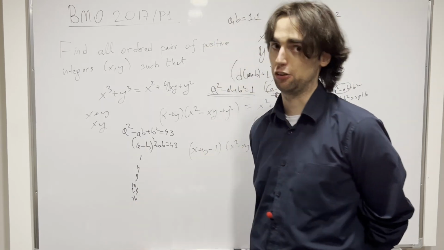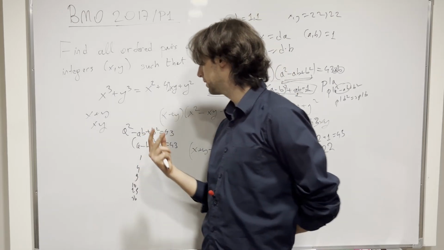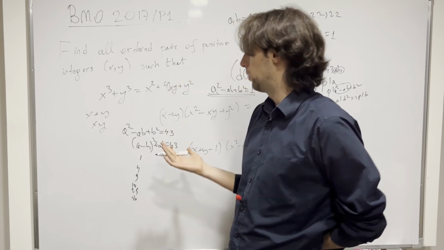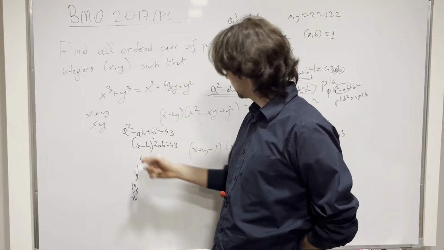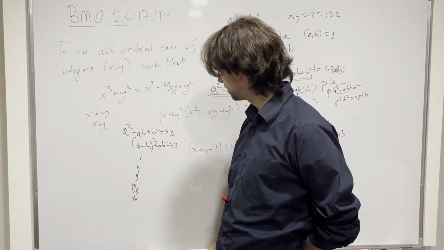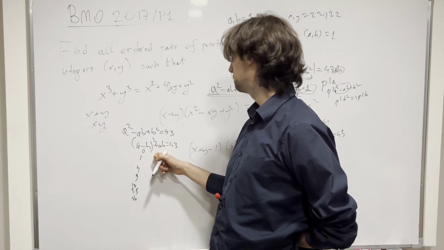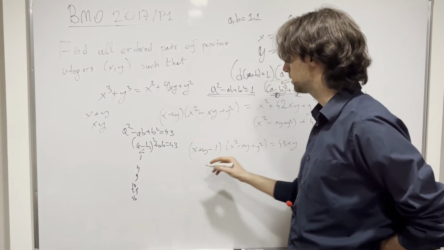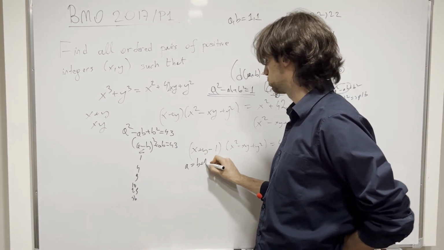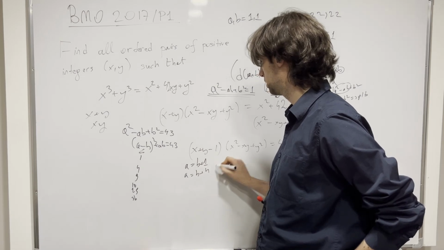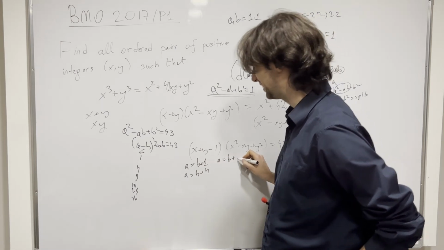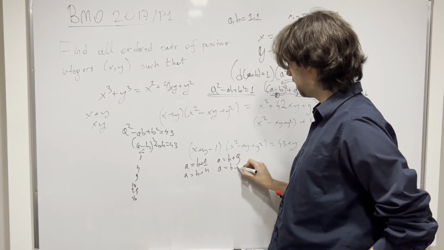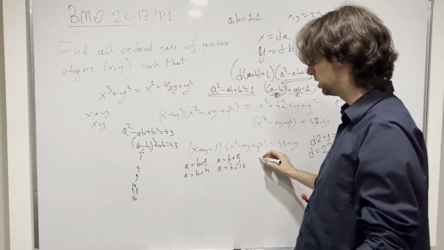It's doable-ish, I'll say. We can say without loss of generality, a is greater than or equal to b, and here we're going to have greater than b without loss of generality. Again, can a actually be equal to b? Yeah, we can have a is equal to b, but then we have a squared is 43, so that one will fall. Now, we can just do this casework. A is equal to b plus 1, a is equal to b plus 4, a is equal to b plus 9, and I'm thinking now as I'm writing this down,